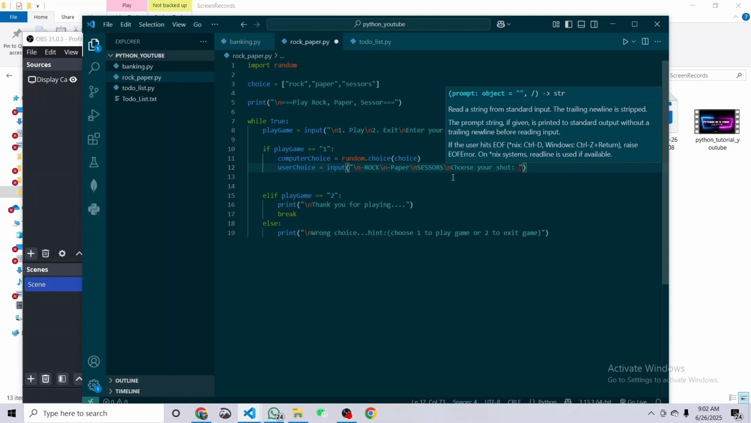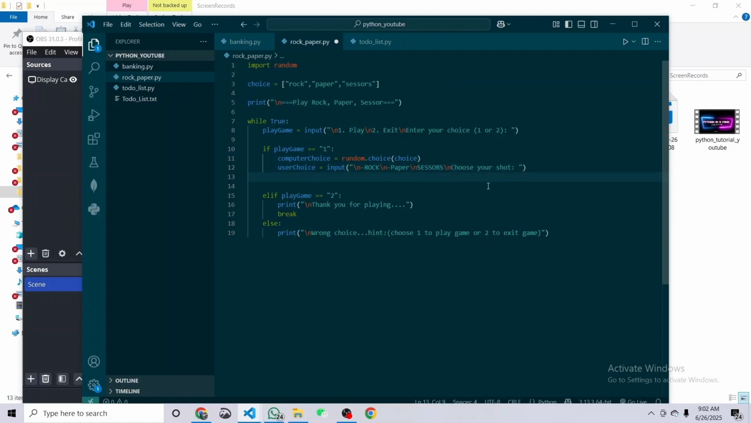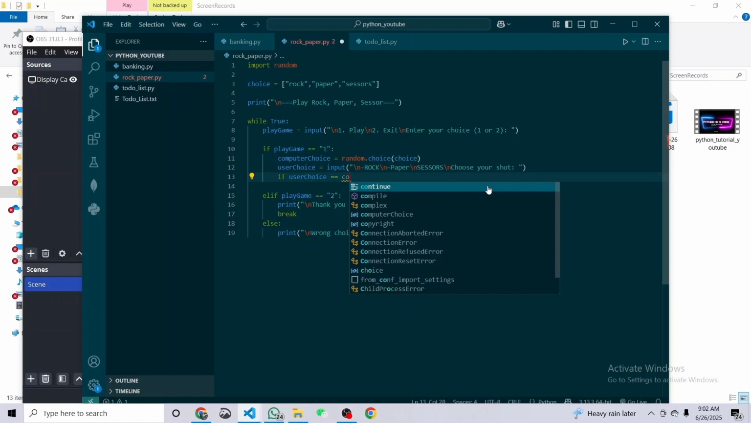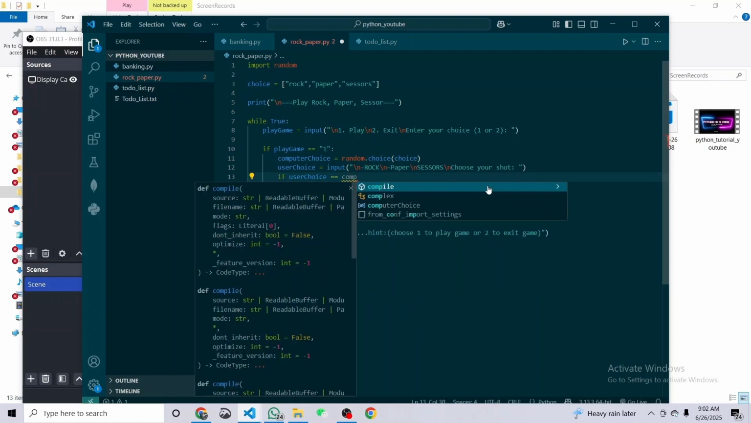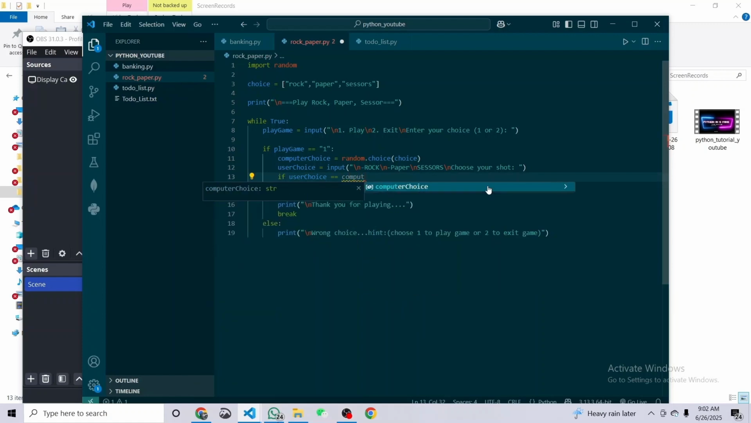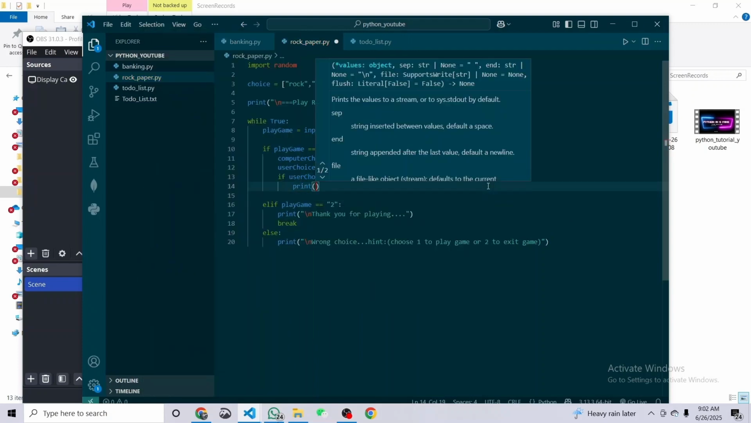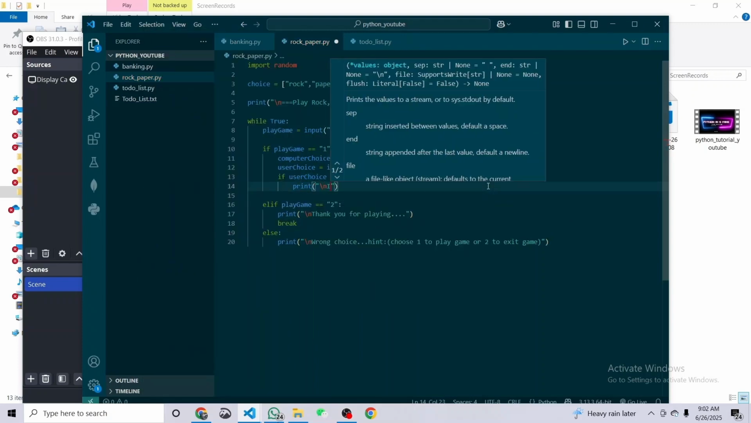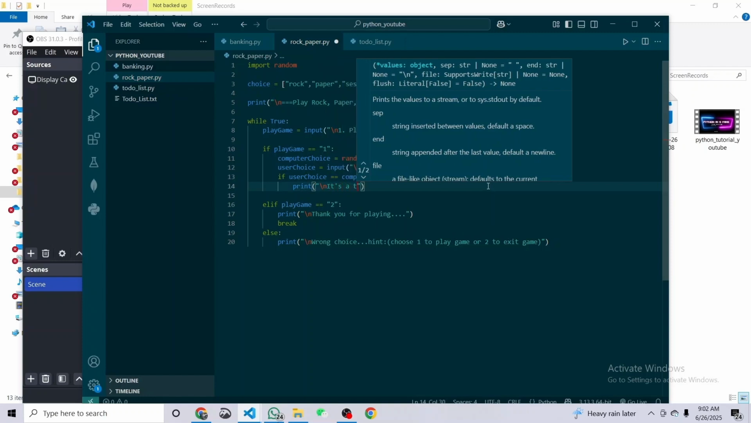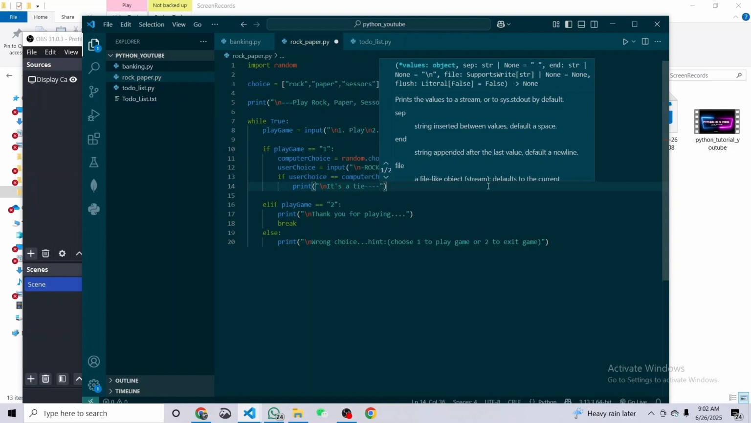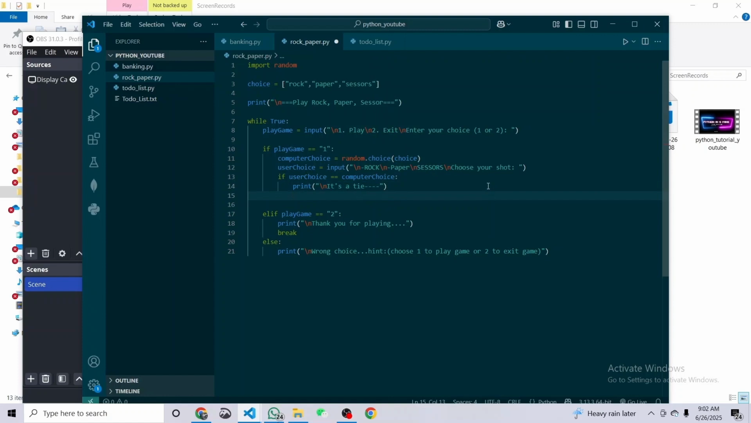That makes more sense. So, if the user has chosen his or her shot, we begin to compare. So we say if user choice is equals computer choice, then let's print it's a tie. We'll print it's a tie. That's to tell the user that, oh, it's a tie. But else, if